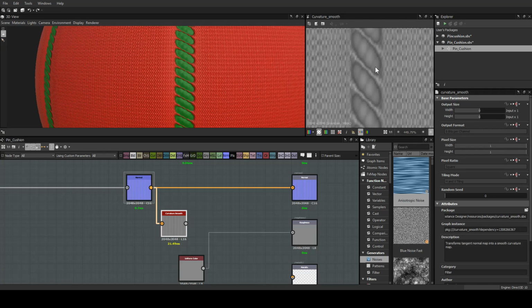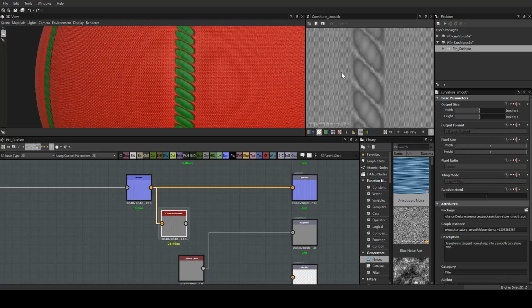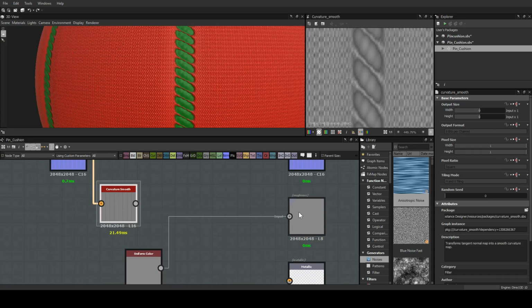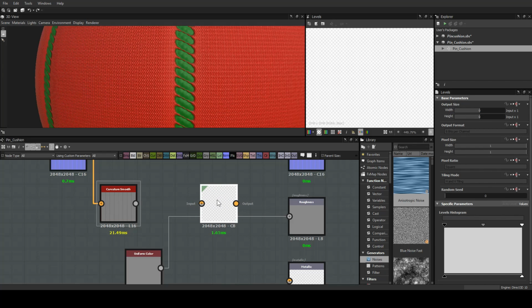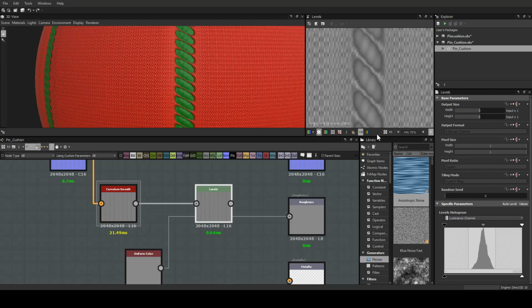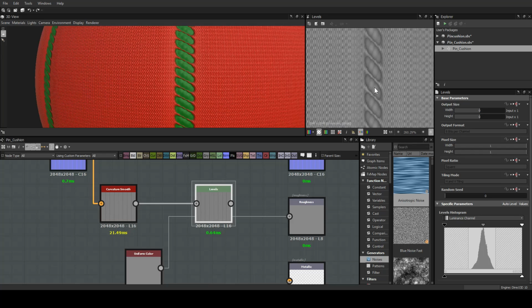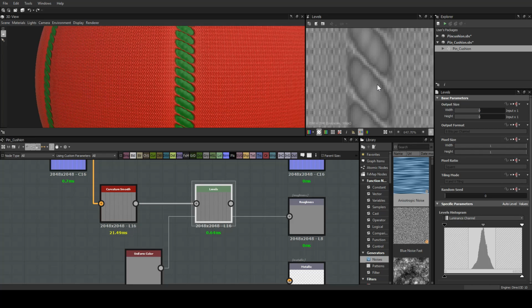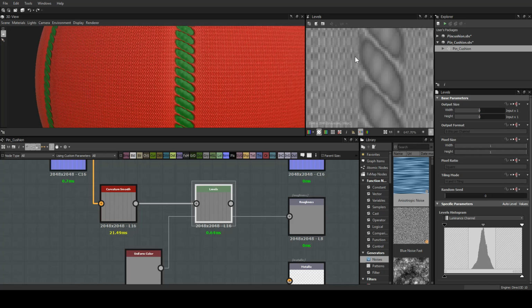And so anything that is black or darker in value is going to be a lot shinier in a roughness map, and anything that's whiter is going to be a lot rougher or less glossy. And it's inverse in a glossiness map, where anything that's white will be glossy and anything that is black will be rougher. So just because we've got a roughness output right here, all I'm going to do is take this and put it through a levels node so that we have more control over our grayscale information, but also because the way that we have it right now doesn't make a lot of sense,